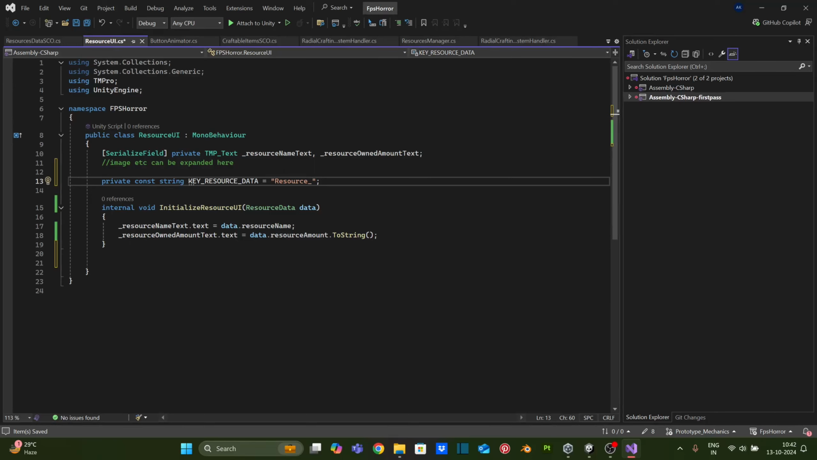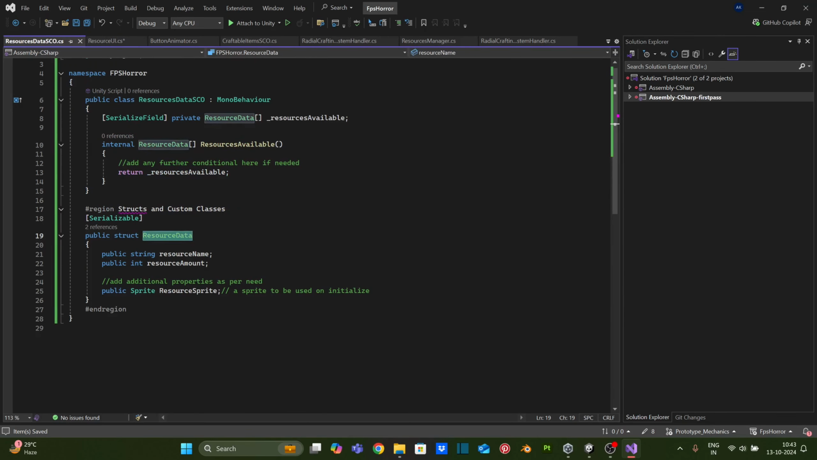Now, here I have declared a constant string because I know I will always be using the same name to access the PlayerPrefs, whether it is saving, loading, or anything else. And as we have multiple resources, we cannot just use this. We need a prefix to determine which type of resource that is. So for that, I will go inside the resource data struct